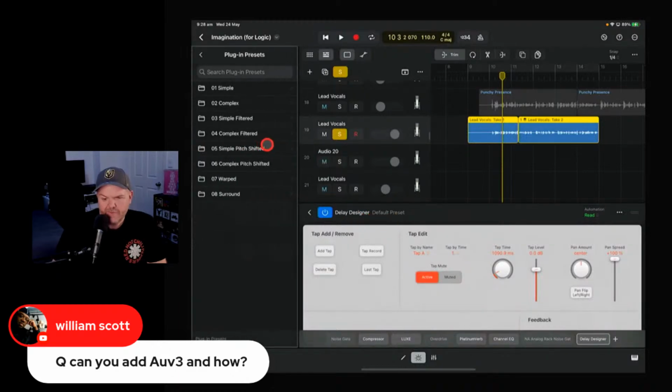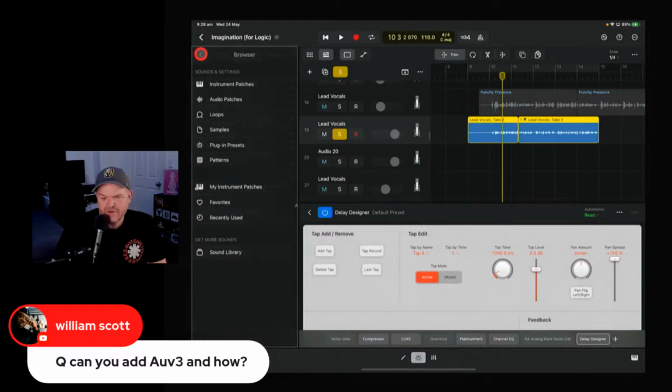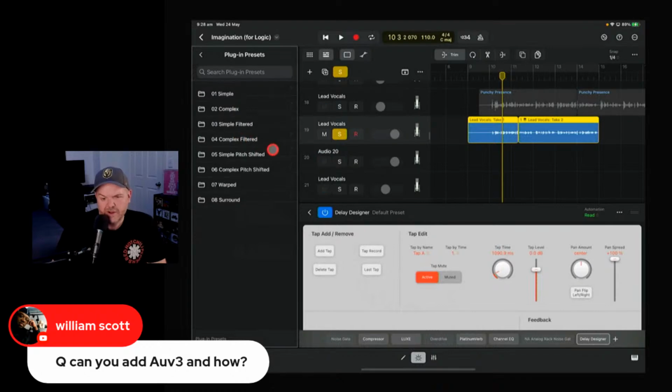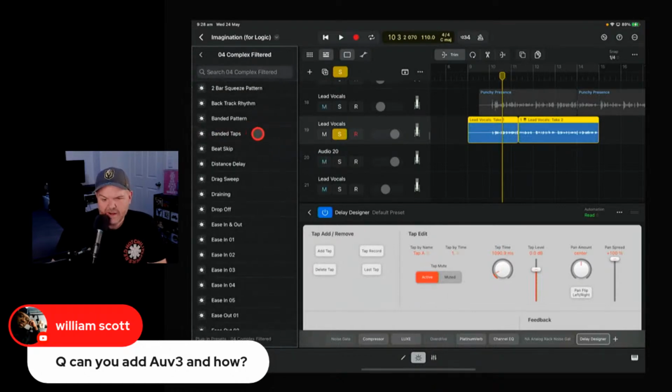So plugin presets are over here in our browser. Yeah, how cool is this? You don't have to worry about where your presets are, because whatever you've got selected here, your presets are going to be for whatever you've got there. So if we go here to a complex filtered, we can actually tap that one, and then let's go ease in and out, and we'll drag that. Oh, no, we just tap it, don't we? Double tap it. There you go. Is that a single tap or a double tap? Single tap. So single tap there, and that's created that plugin. So you can see here that that's going to adjust these settings based on which one we set, or of course we can drag around and put whatever we want there.